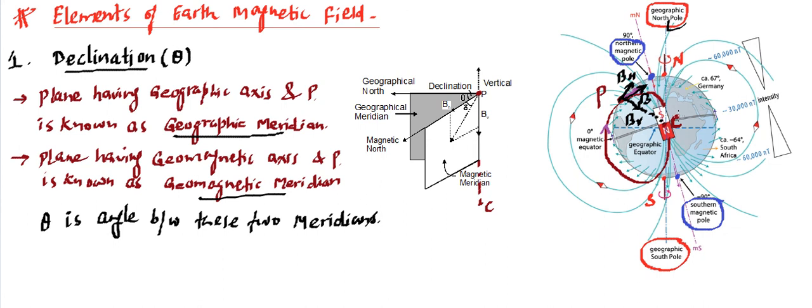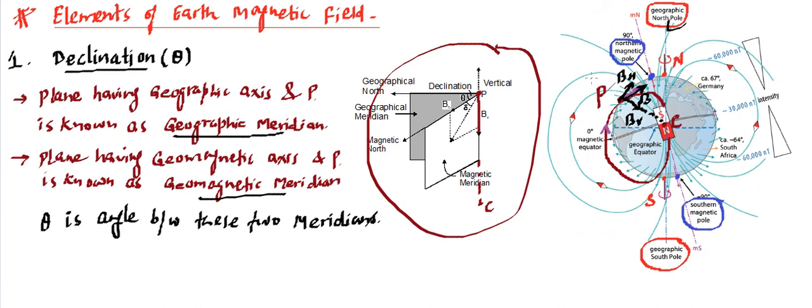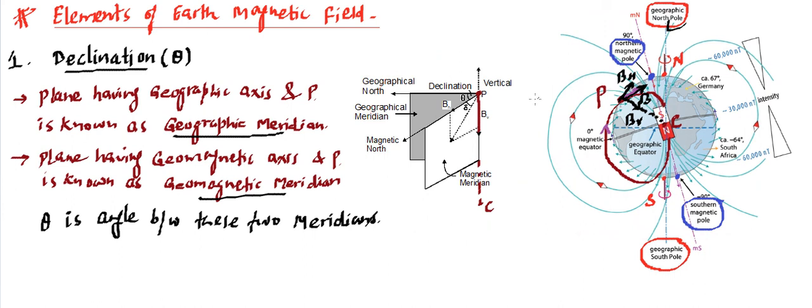So let's say C is the center of Earth. This line which is going from P to C is being shown by this. Compare with this picture, then you will get it. Now remember, we have talked about the components of the magnetic field. The BV, the vertical component of the magnetic field, runs from P towards C. So this is showing the value of BV. I'm just explaining how we are drawing this picture, and if you catch it, it's going to be crystal clear.